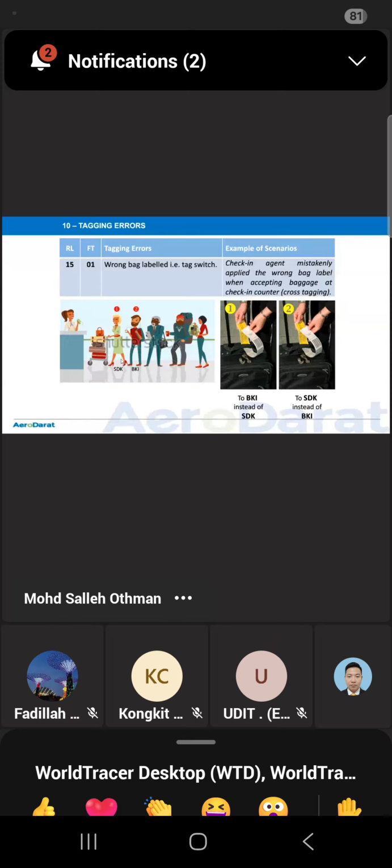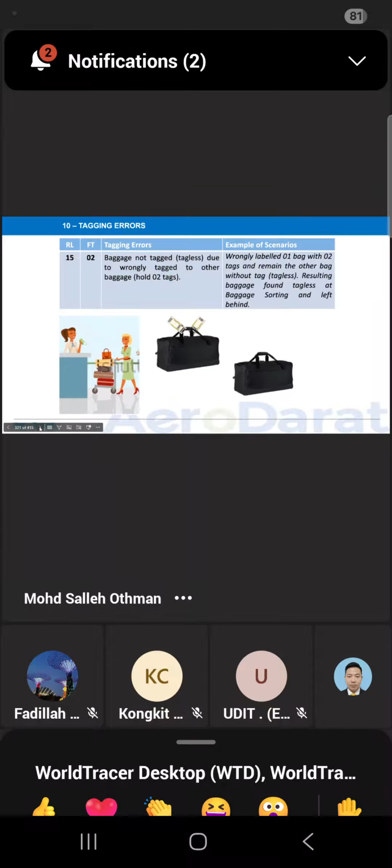Suddenly, on the Sandakan baggage you put the Kota Kinabalu baggage tag. The passenger behind is Kota Kinabalu, and gets the Sandakan baggage tag. So baggage goes to BKI instead of Sandakan, and to Sandakan instead of BKI. It happened in KL, and the same at other stations.